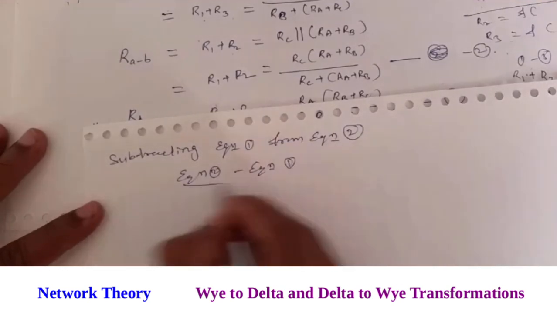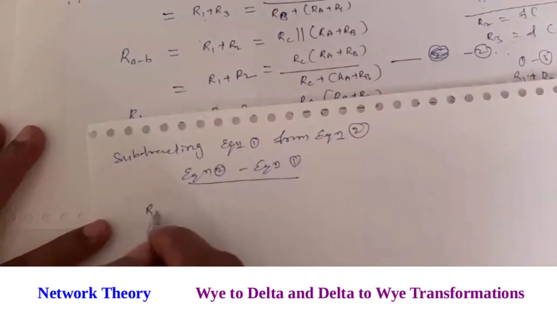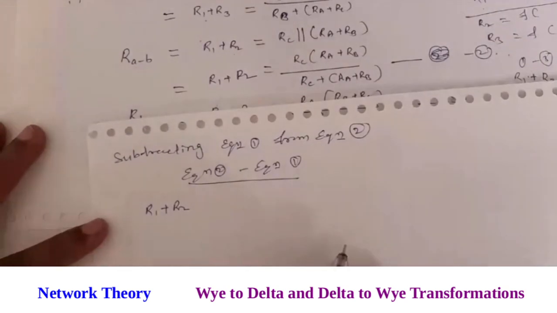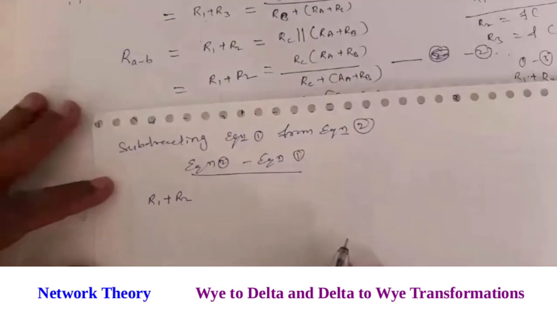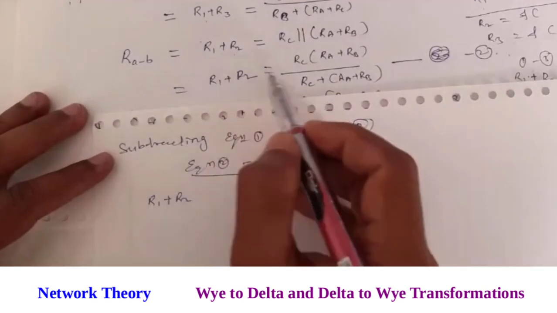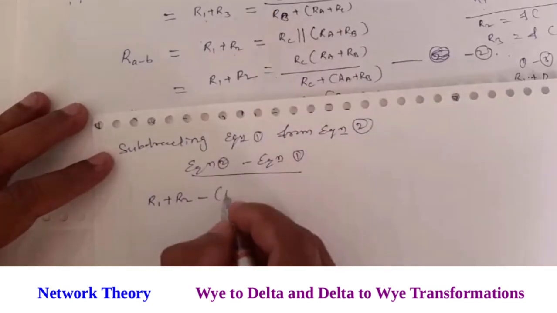I'm doing this. Okay. Equation 2 is R1 plus R2. So all of you mute your audio. Whenever you want to discuss, then only you unmute. Right? Okay. Say R1 plus R2 is from equation 2 minus of equation 1, which is nothing but R1 plus